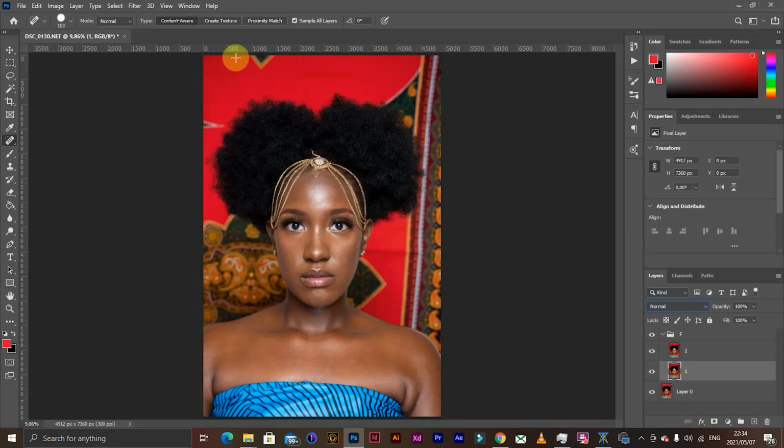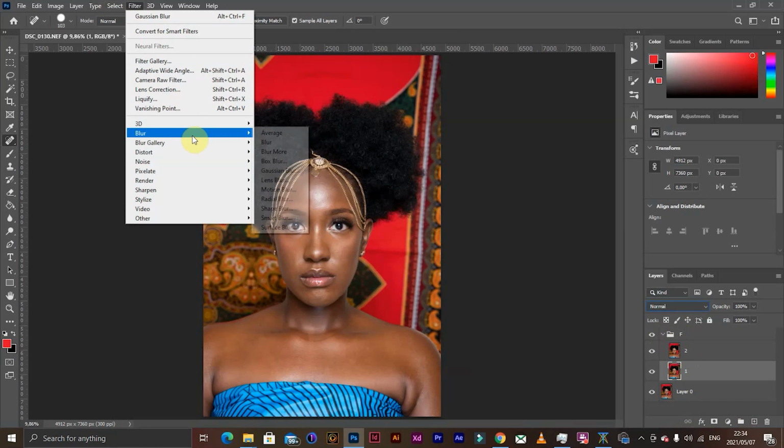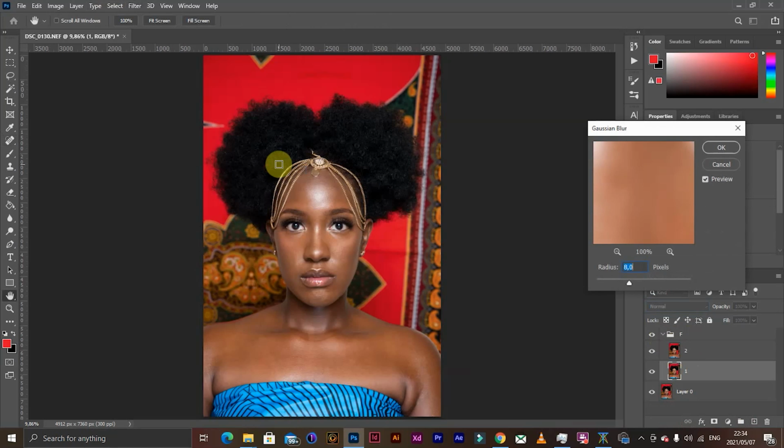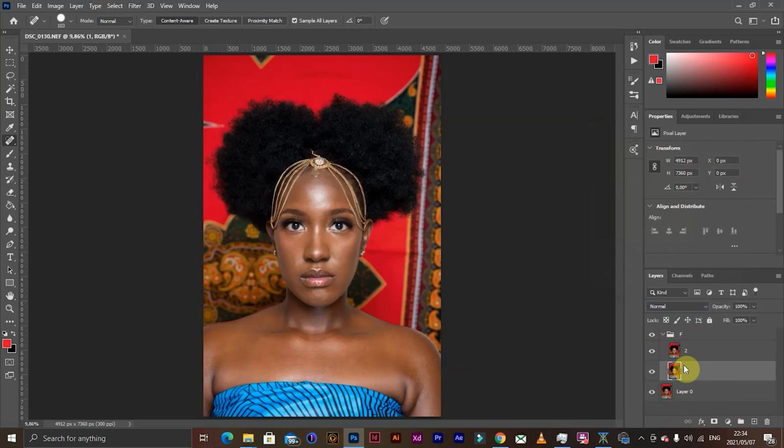Number 1 will be blurred by 8 using Gaussian blur. You can't see because number 2 is still turned on, but if I blur it and I turn number 2, you can see it's blurred. It's a little bit blurry. So I will take number 2, go to apply,